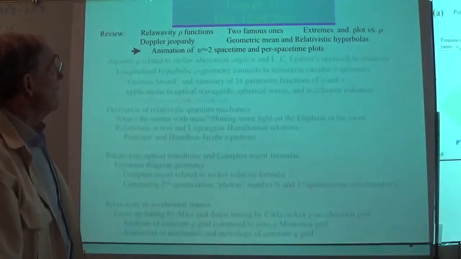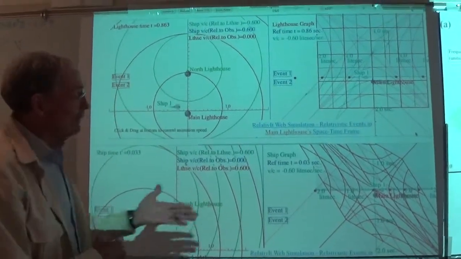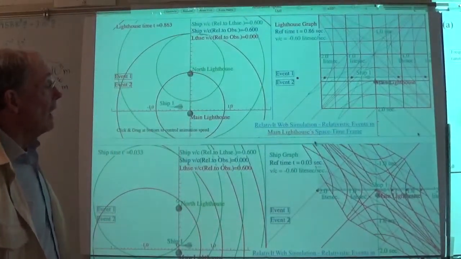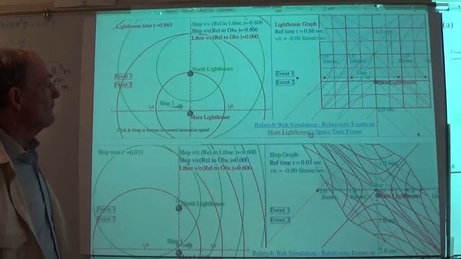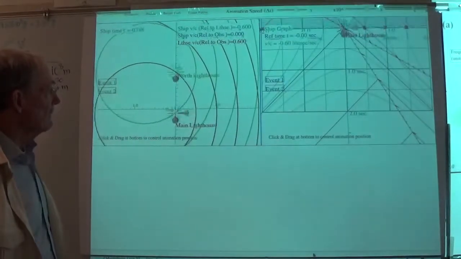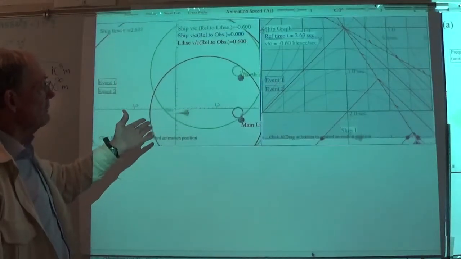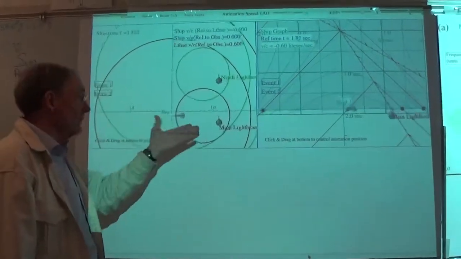All right, now these are animations you could have a lot of fun with, because here you learn to use the graph and show the scenarios for various things. Let's see if I've got this main lighthouses space thing. I maybe will do one of these. Let's just take this one, because this is something we're going to talk about also, and that was if the emitter is moving and it's making spherical waves, which are much more complicated than the ones we're working with, spherical pulse waves in this case,